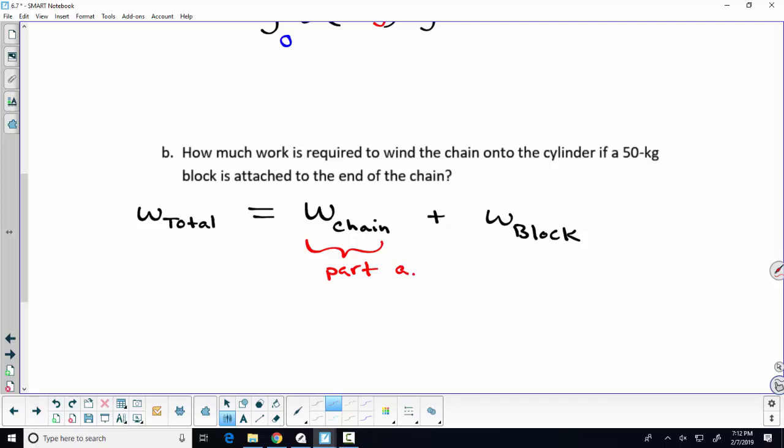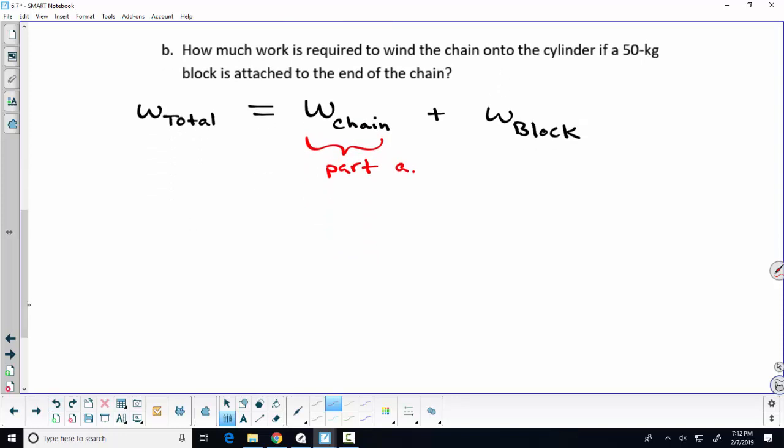And the work of the chain was set up to compute in Part A. So suppose we could look at this in a couple of ways if we needed to. The work of the block,